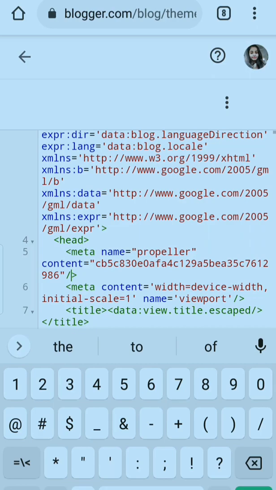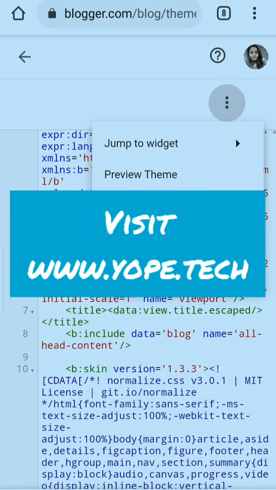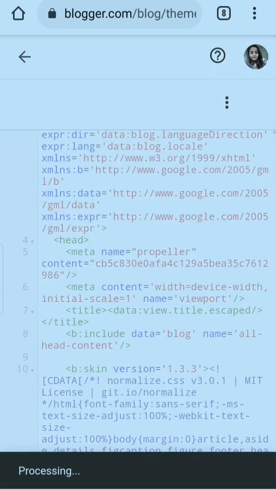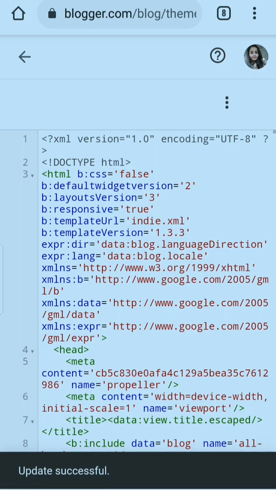So remember to do this. Now click on save and your site will be verified, but you will have to confirm that you have placed the tag. So let's wait for update successful. So guys, it is processing. Let's wait. If we hurry, then it might not be saved. So you are watching, update successful.